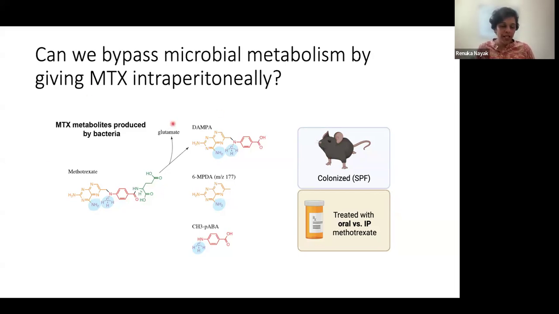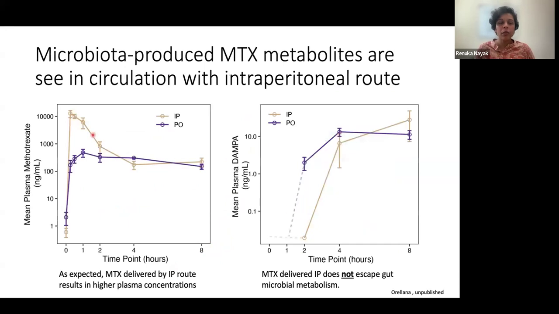And so we wanted to look at that in vivo in our mouse model. In this experiment, we have mice that are colonized, but we treated them either with oral versus intraperitoneal methotrexate. That's kind of our equivalent of subcutaneous methotrexate in the mice. And then we asked, do we see these metabolites? So if we can bypass all of this, what we would predict is that we shouldn't see any metabolites in the intraperitoneal treated mice. So when we looked at that, we actually saw that